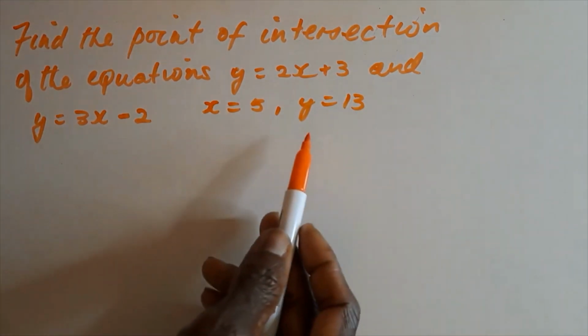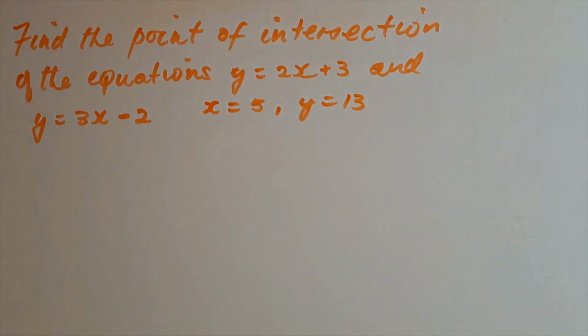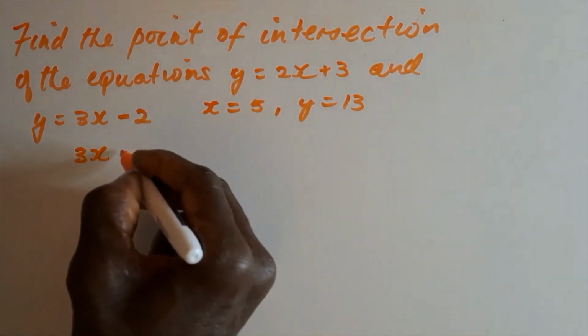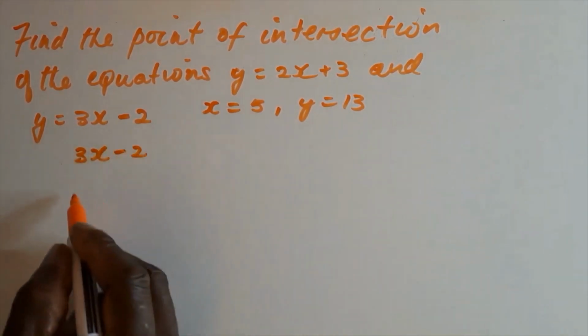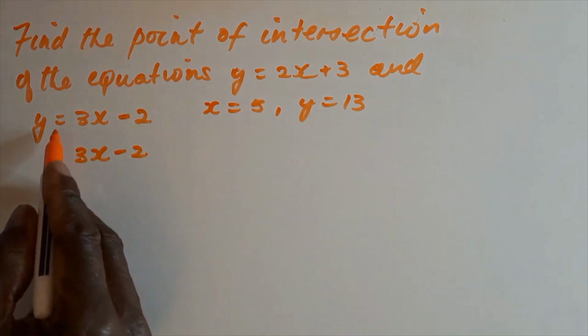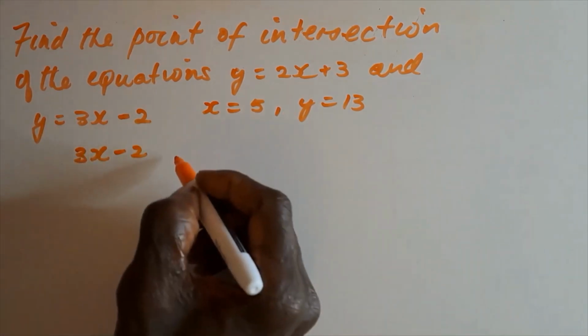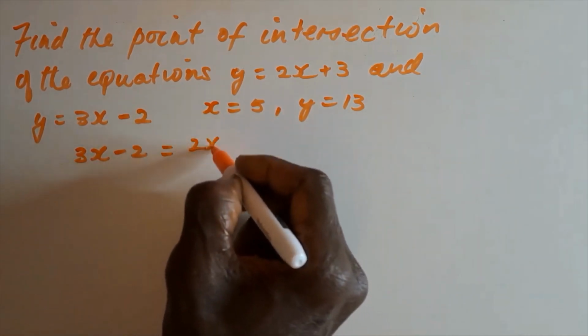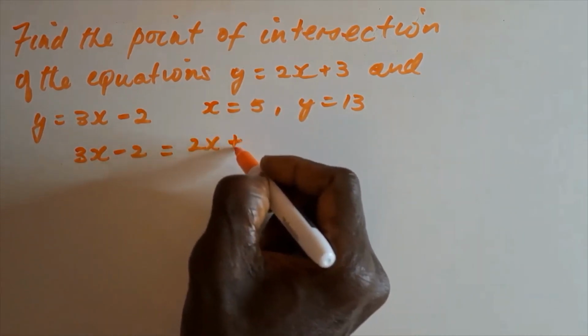If these are the solutions, they also imply that they're the points of intersection. We could use this as a way of checking, means that if they're equal to each other, so let's equate this equation to this equation, sorry, this one, we have this is equal to 2x add 3,